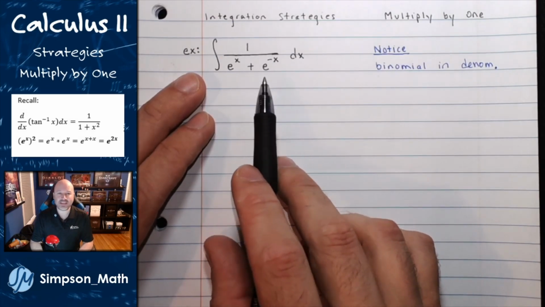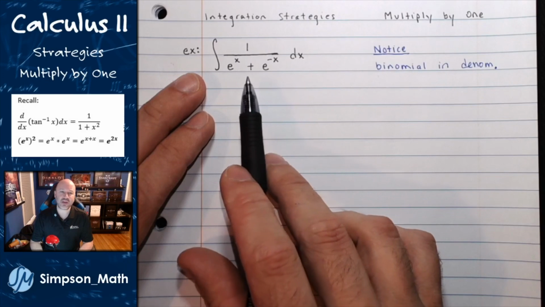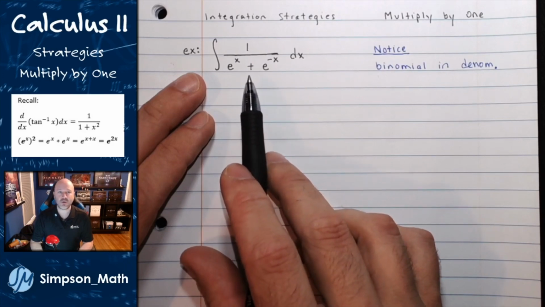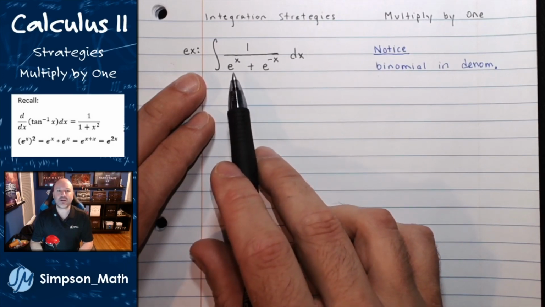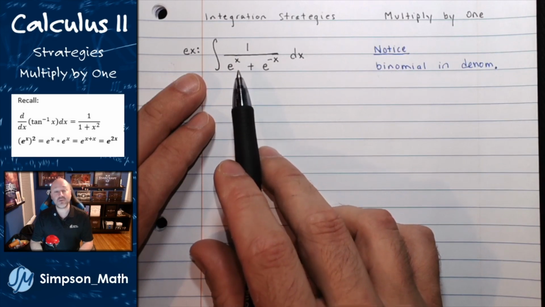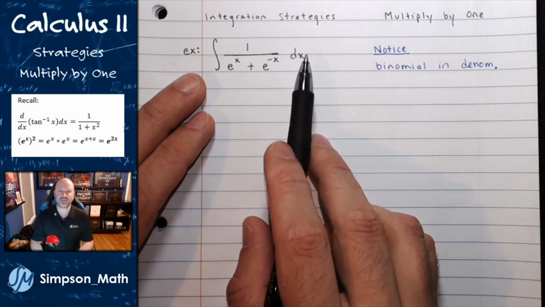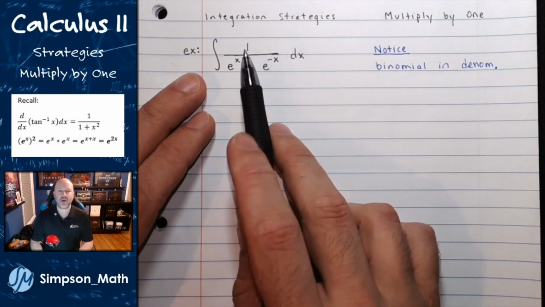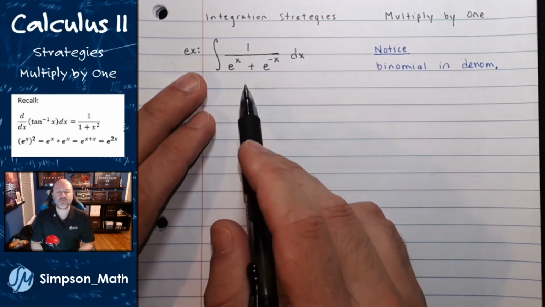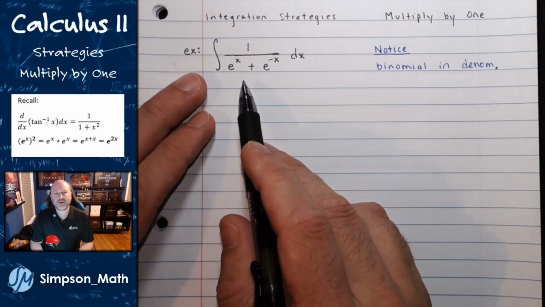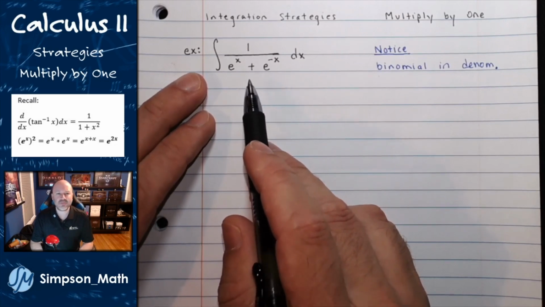I see a bunch of e to the x's, so I may think u substitution, where I could let e to the x be u, but a du would kick out an e to the x in the numerator position, which I don't have. So I can maybe play around with more u sub, but there is something else I